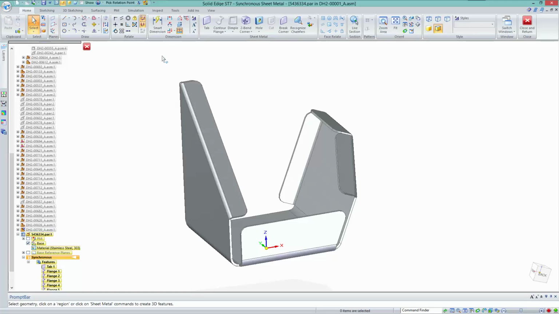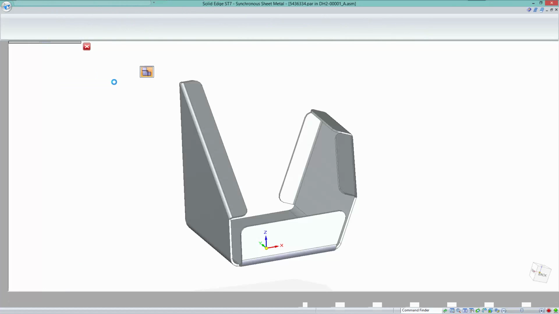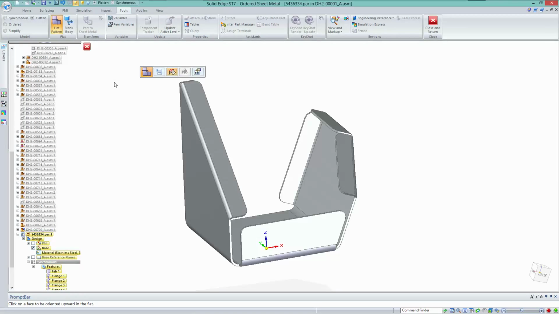Now I do want a drawing of this, because one of the elements we wanted to have a look at was flat patterning, so let's have a look at that now. The way that flat patterns work in Solid Edge is that the developed or designed model and the flat pattern all exist in the same part file. So